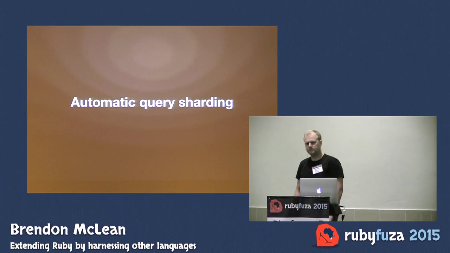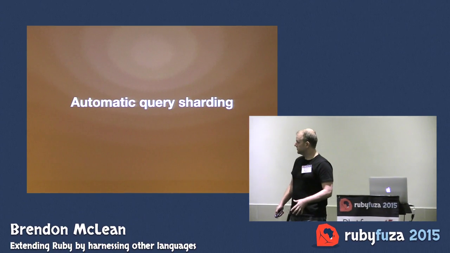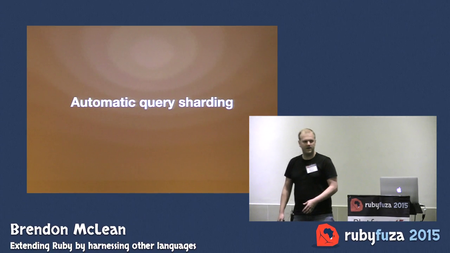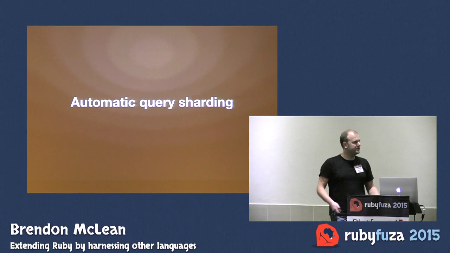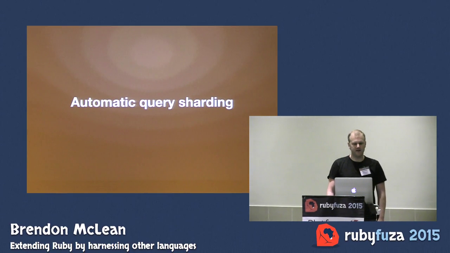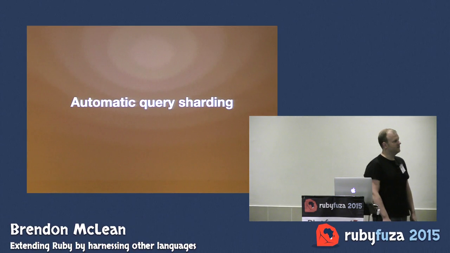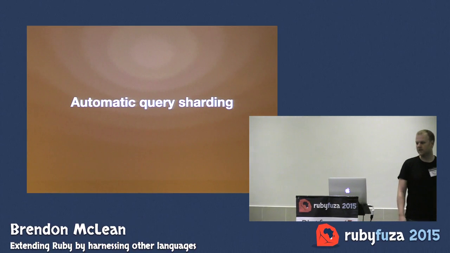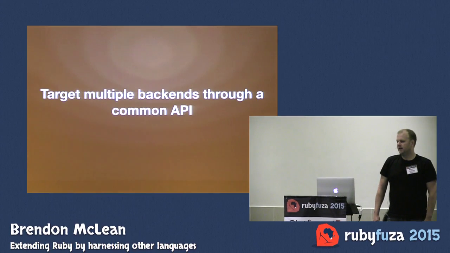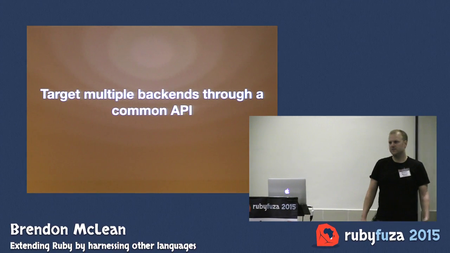Related to that, you can do automatic query sharding. Because these S expressions really turn into a sort of computation graph, if you know about the API, you can make assumptions about mutability and dependencies and what can be computed in parallel and what can't. You can target multiple backends through a common API,